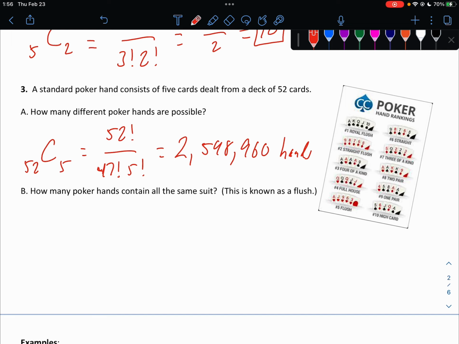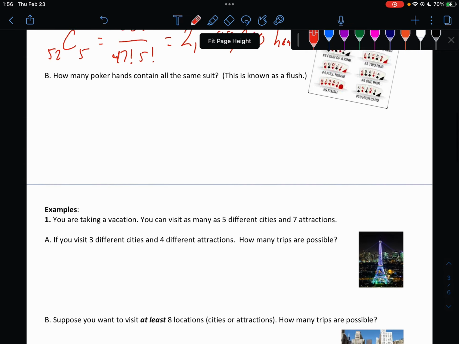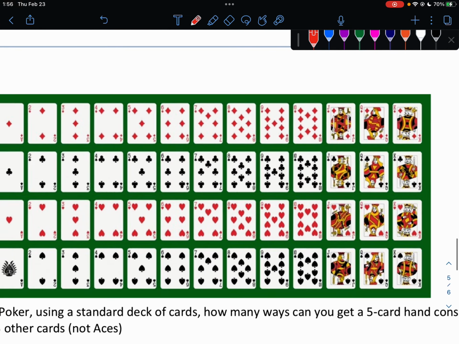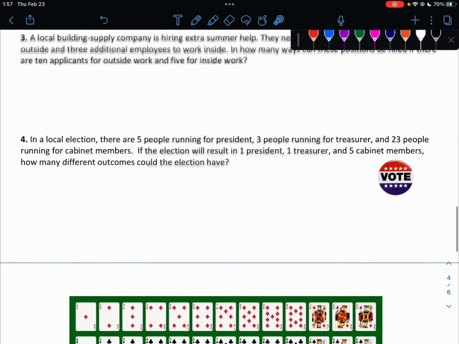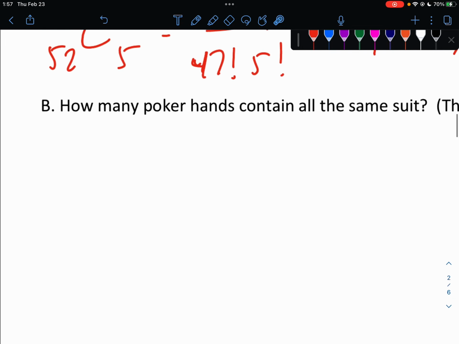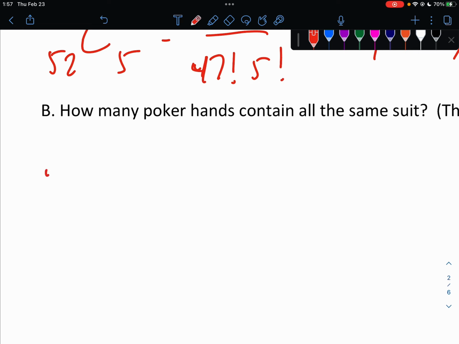So it's important to know a little bit about cards. There are 52 cards in a deck, 13 of each suit: 13 diamonds, 13 clubs, 13 hearts, and 13 spades. Okay? So if we want to choose a suit, there are 4 suits, and we've got to choose 1. So it's going to be 4 choose 1. We're going to multiply it by, in each suit there are 13 cards, you want to choose 5 of them. So 13 choose 5. So if we go back to our calculator,